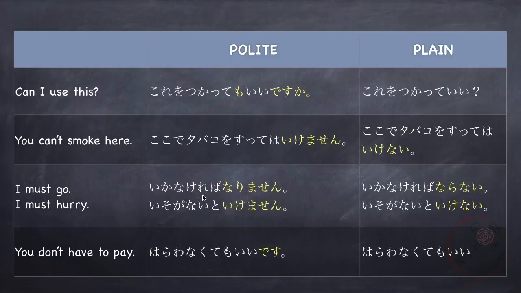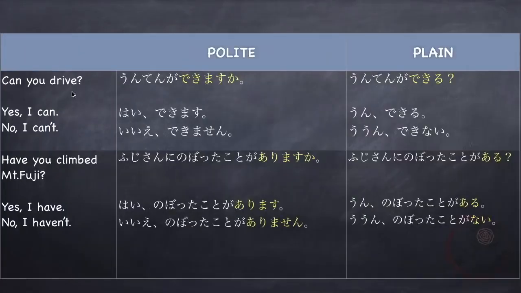I must go. 行かなければなりません。In plain form, 行かなければならない。So なりません becomes ならない。Or another way of saying must do something is using ないといけません。For example, I must hurry. 急がないといけません。In plain form, it is 急がないといけない。So いけません becomes いけない。You don't have to pay. 払わなくてもいいです。In plain form, you can say 払わなくてもいい or 払わなくていい。